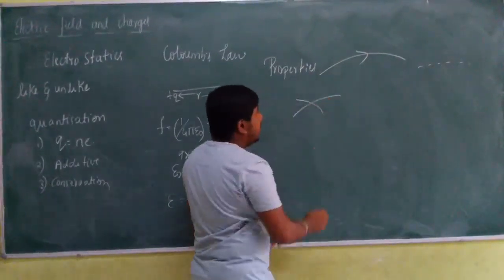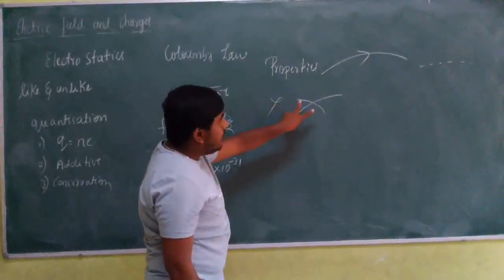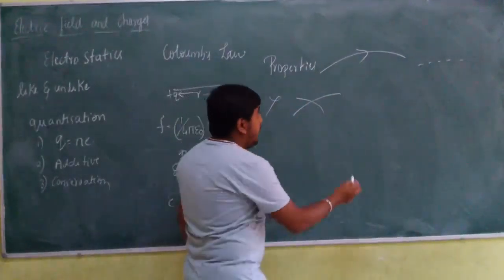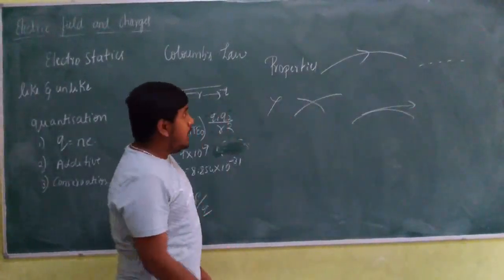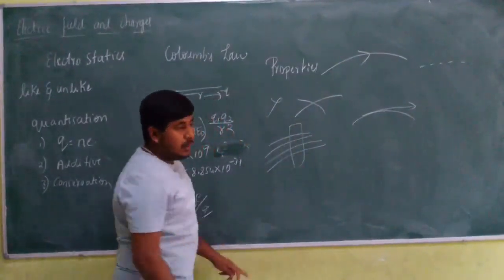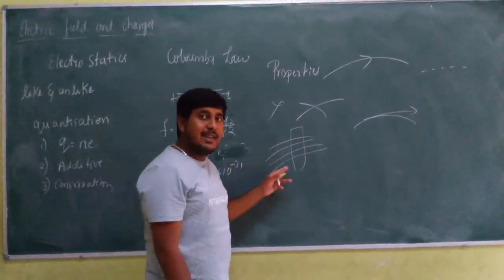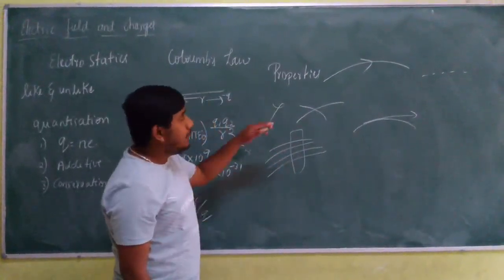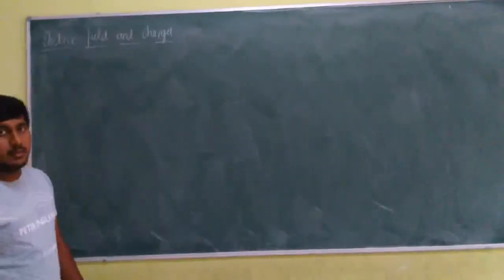Again, no two electric field lines intersect each other. This condition is strong: electric field lines do not intersect. Again, a tangent drawn on the path of an electric field line gives the direction of the electric field. If the number of electric field lines is large, that is, the lines are denser, then the electric flux density is higher. If the lines are sparser, then the electric flux density is lesser.